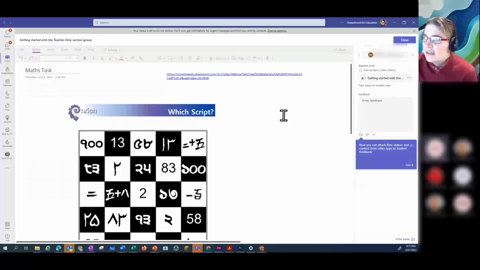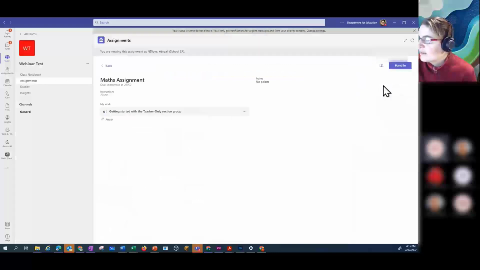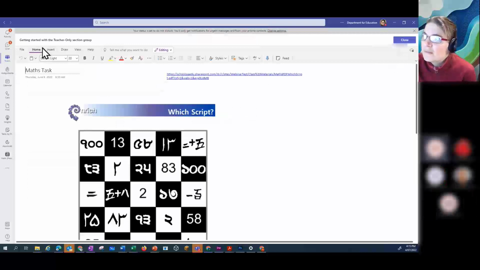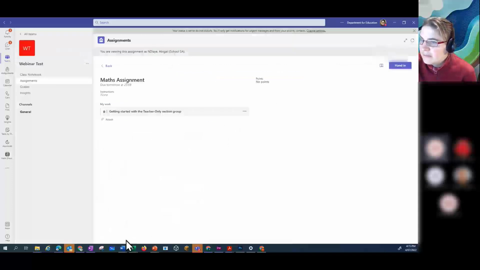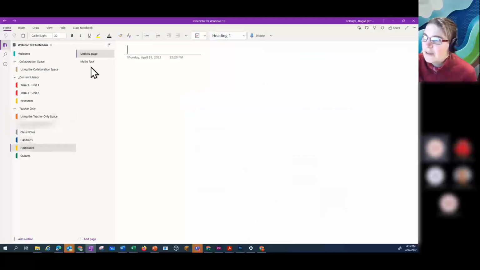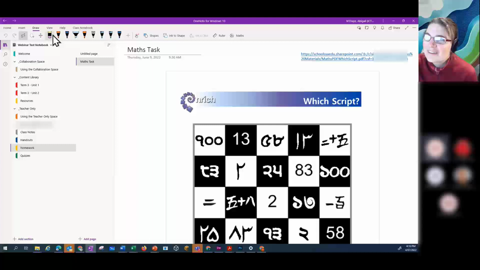But I can actually click on there. And this is opening that page in the teacher only section. Yep. So then I can go in and have a look. So let's go back into my OneNote. I should now have in my homework that maths task in there. So if I add something pretending I'm the student,